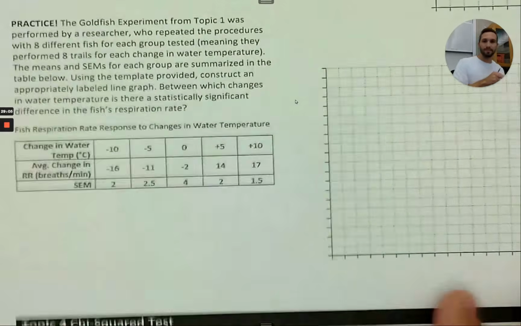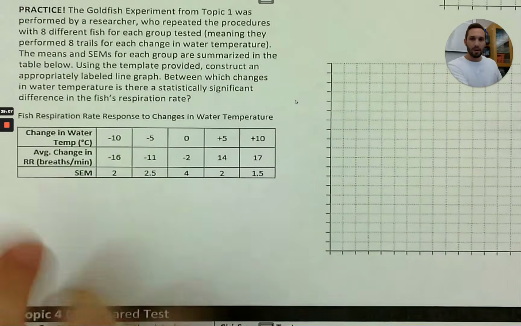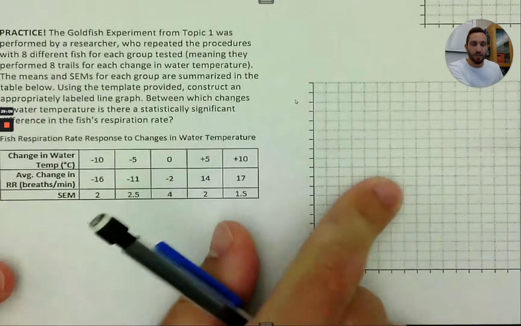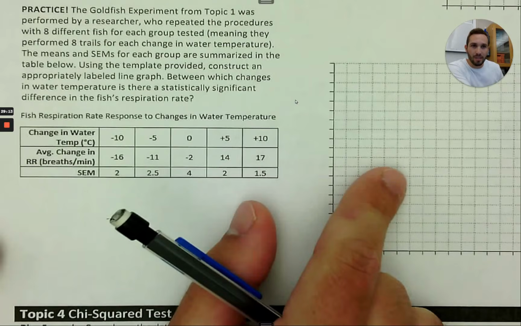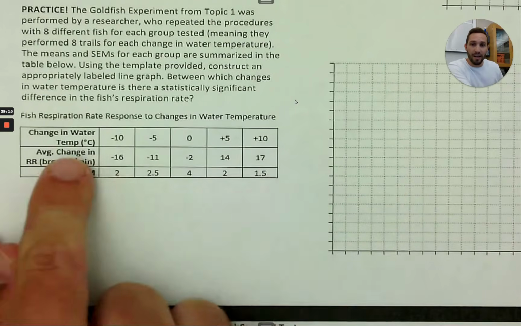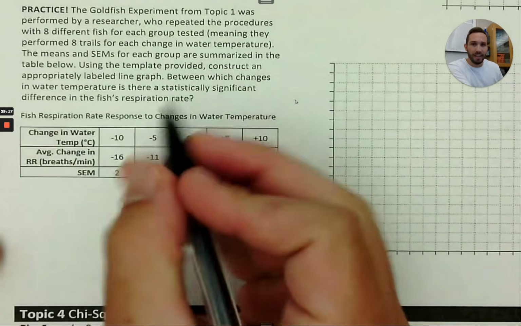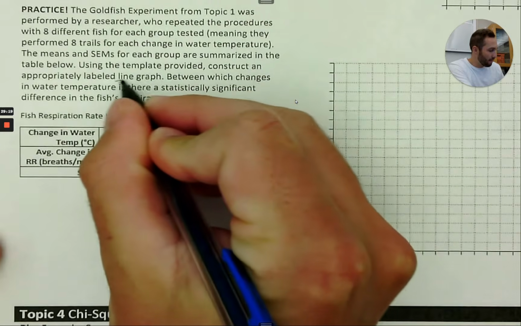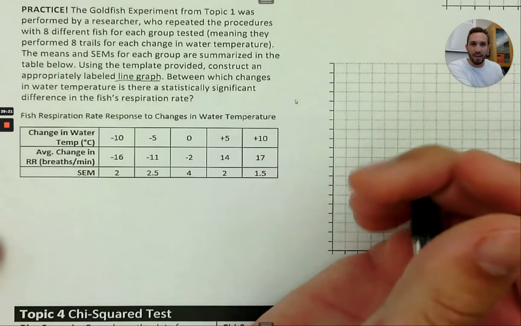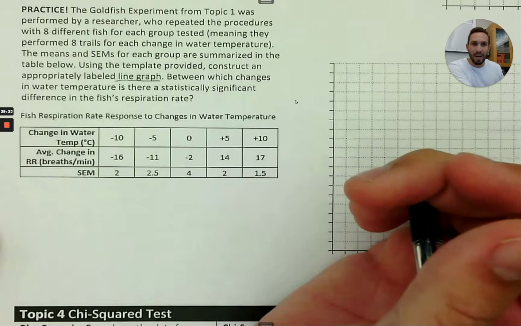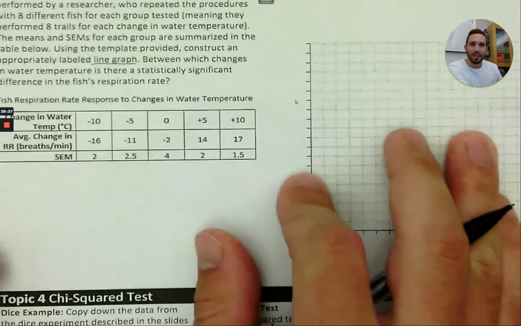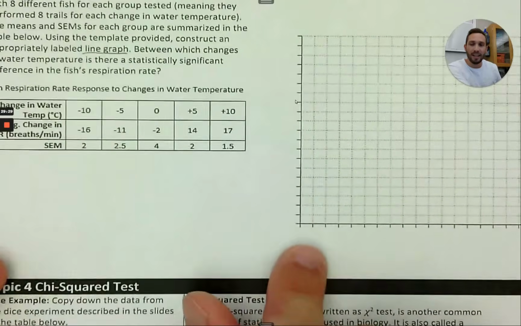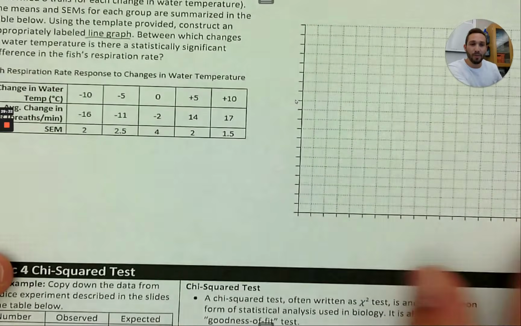A little better. Okay, so I want to take this data and graph it here. We actually already made a graph in the last video using some basic data, but now we're looking at averages, and it specifically asks us to make a line graph. So we're going to make a line graph, which is almost like the one we made. We made a scatter plot, but this time we're going to connect the dots, and I'll show you what that looks like right now. So we're going to do the independent variable here first, which is the